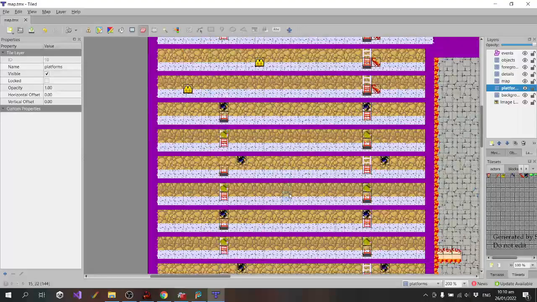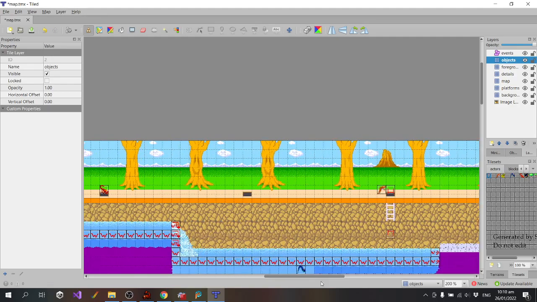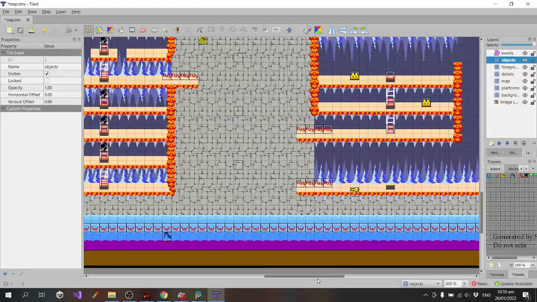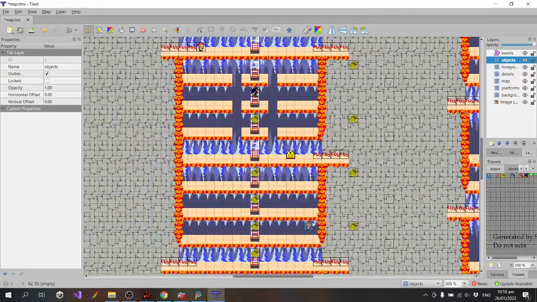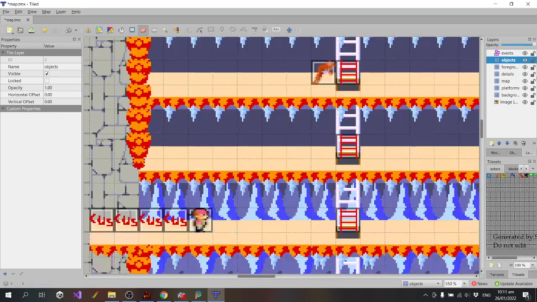Alright, so let's put the player back there. And then let's delete the player from... I had another copy of the player there. There it is. So what layer is he on?